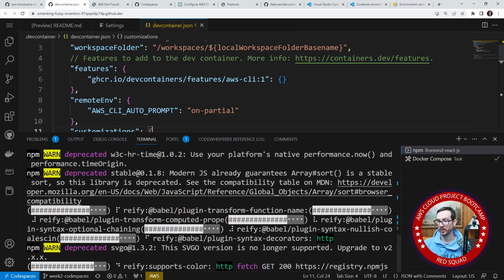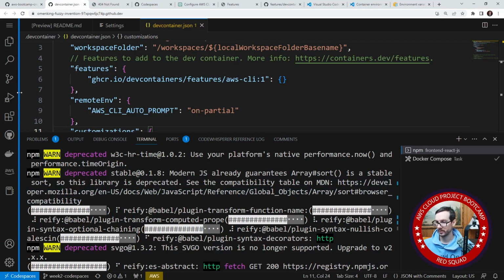Jupyter Notebooks, that's cool. And once that is done,